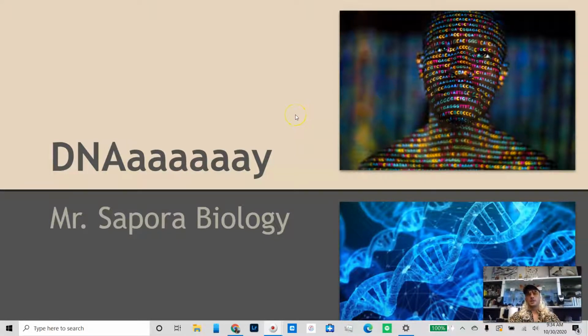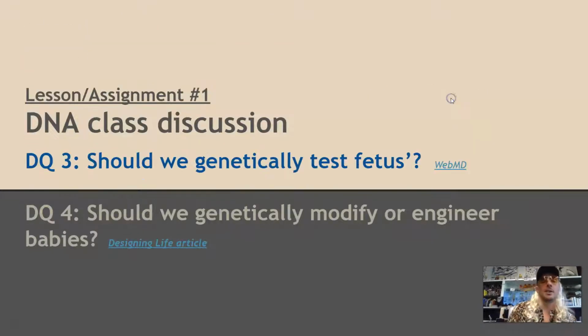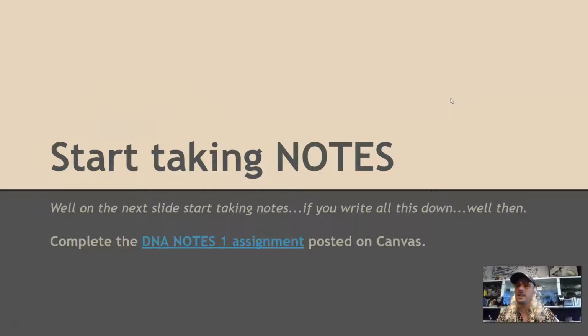So normally the class discussion takes 2 days, and we'll be discussing the first 2 discussion questions at our first class meeting, and then I'm going to have a second class meeting where we get into the next 2 discussion questions or topics. If you can't make those meetings, you can fill out the DNA discussion question handout that I have as a Google document and then submit that for your grade for that particular assignment. But just show up to the class meetings, participate in the discussion. It's much more fun and interesting. Anyway, so I'm going to skip through those discussion questions because they get heated and that's the whole point. Okay, but let's jump into the DNA stuff.